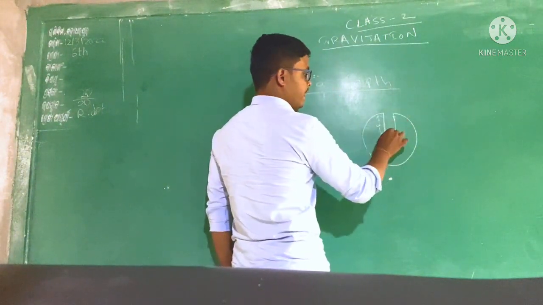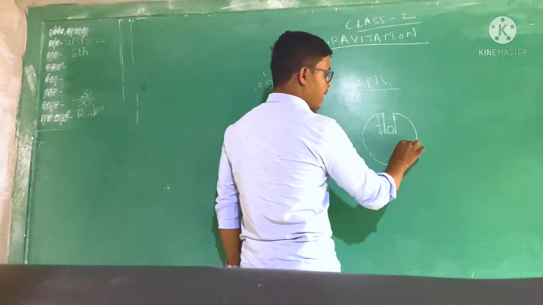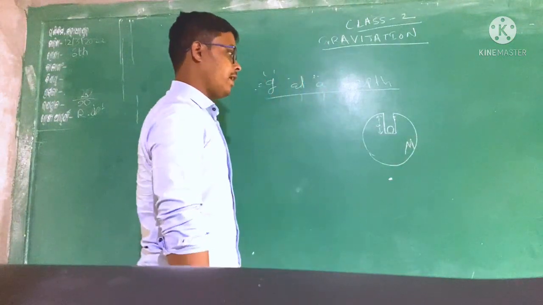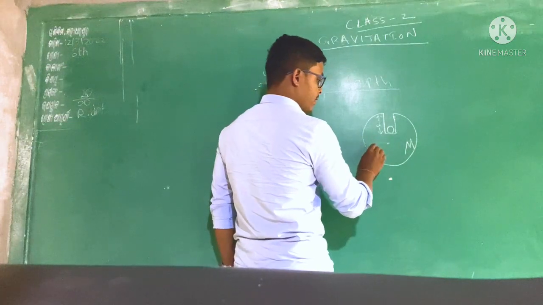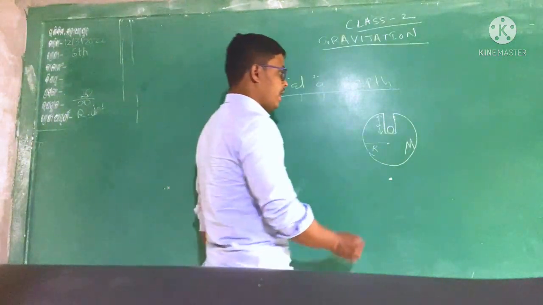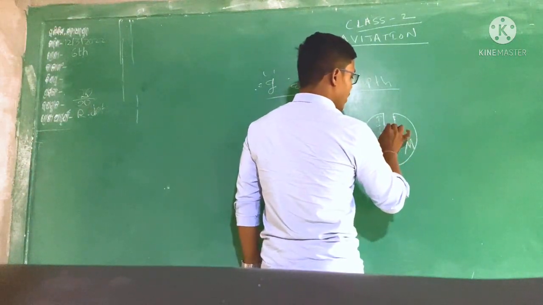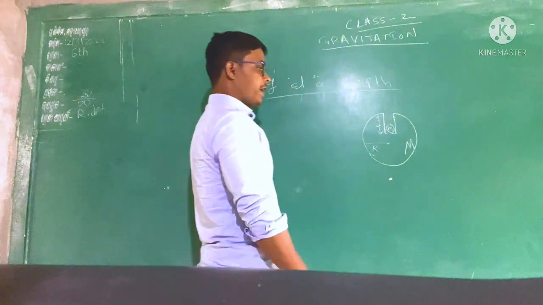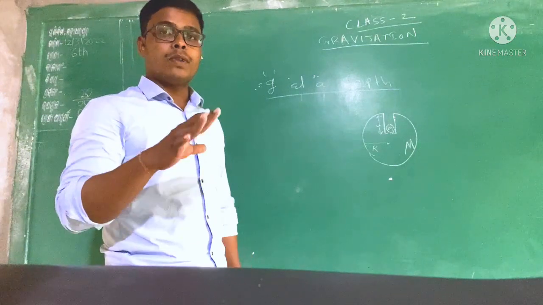Okay, so we are here. This one is our object and this is the mass. This is the earth, whose mass is capital M and the radius is capital R. Let us consider an object of mass small m is located or situated at a depth d from the earth